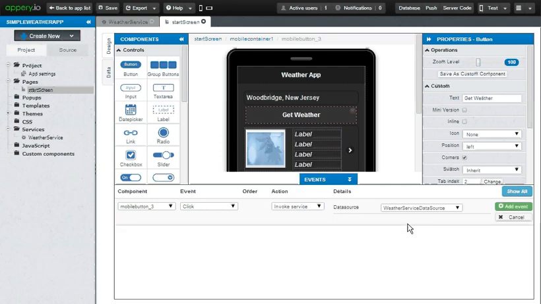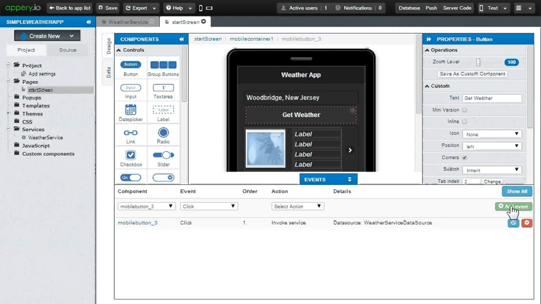When I choose invoke service, it will show me a list of data sources. Currently, we have just a single data source that we have created, weather service data source. So I'll choose that one. And once I do that, I'll say add event. So an event has got registered for a click of a mouse.